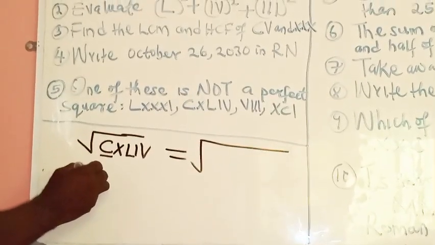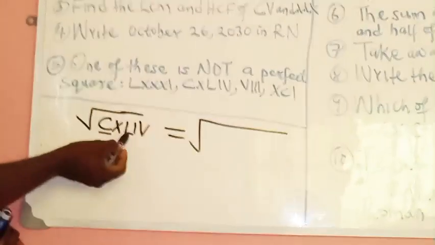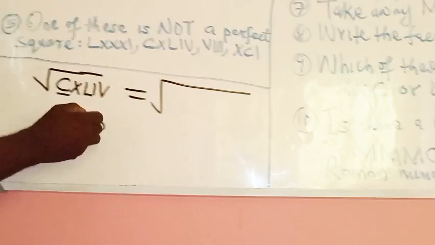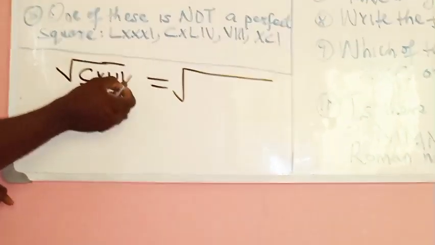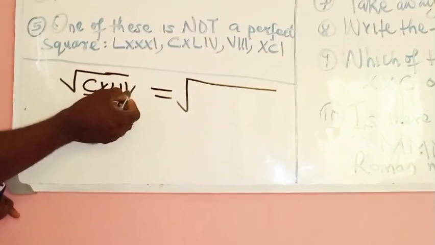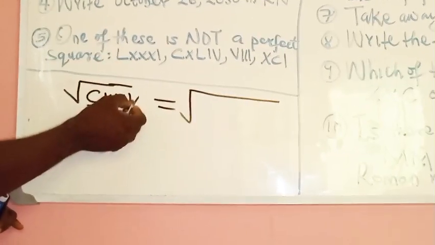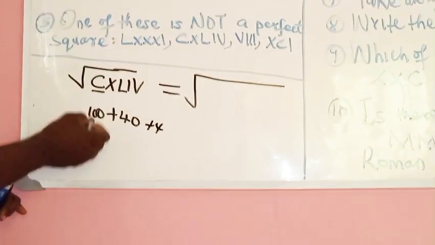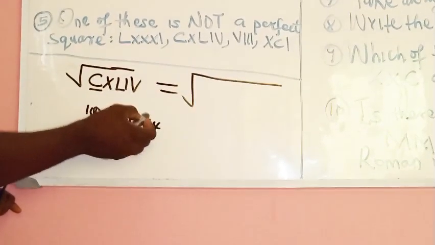C is 100, plus XL, a small symbol coming before a bigger symbol, that is subtraction. That's 50 minus 10, that is 40, right? The same thing goes for IV, a small symbol coming before a bigger one, that is 5 minus 1, that is 4. So 100 plus 40 is 140, plus 4,